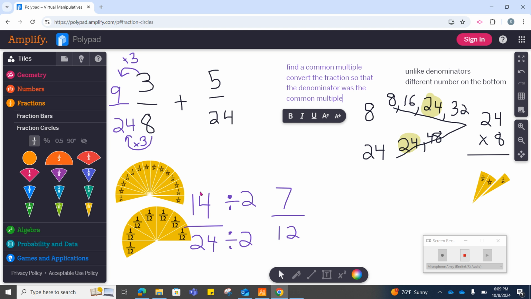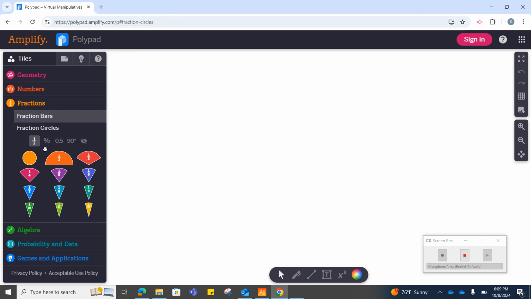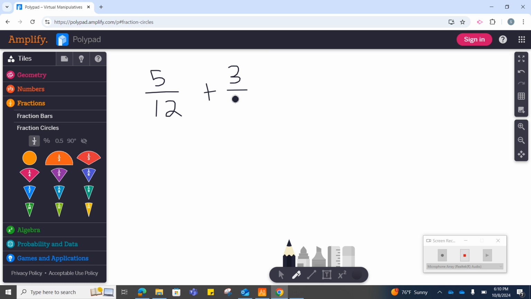Okay, we're going to try another problem now. So I am going to see if I can reset all this. Oh, I can. Look at that. And my next problem that we're going to do is, I got over here, 5/12 plus 3/4. So I'm being very strategic in the problems that I pick. In the next video, we'll have to convert both fractions. But in this case, I want you to kind of see that if I started making a multiples chart to